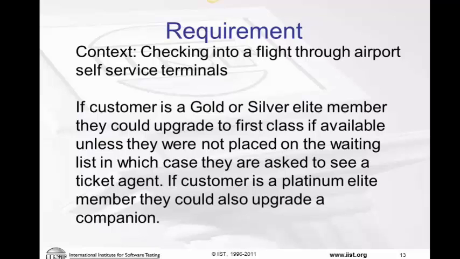Now, a question from Susan, and remember, Susan is the one who said that she wants to make sure the requirement is testable. She asked a question: how is the person identified as a gold or silver or elite member? Good question, but the answer is simple. It's a status that every customer has. Some people do not travel as often, so they're nothing. And some people like me who travel every week, I'm a diamond member. When I log into the system to check into the flight, the system knows that I'm a diamond member based on my